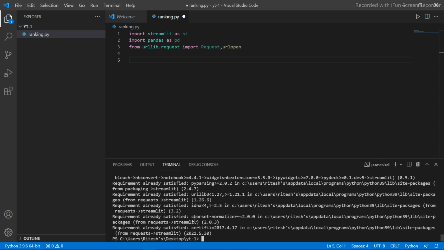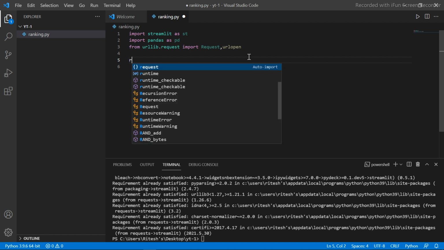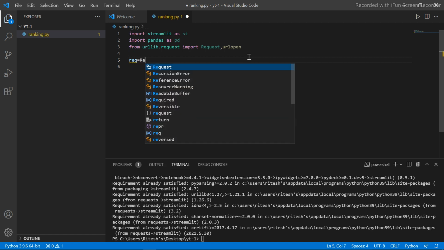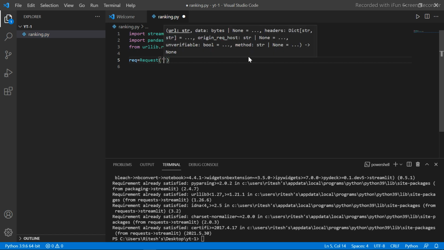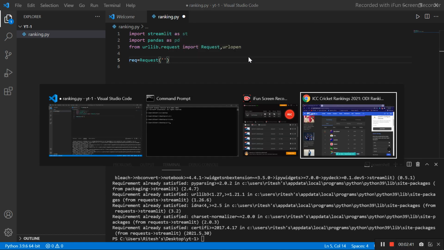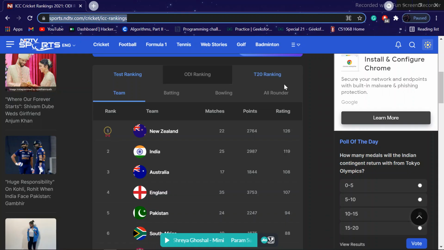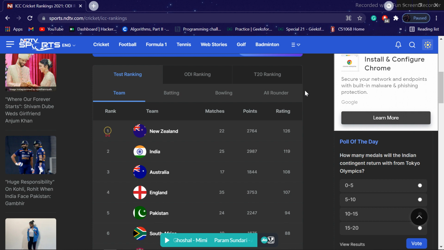Now we have to scrape the data. Firstly we have to make the request for it. Here we have to give the URL of the site from which we have to scrape the data. So let's move to the site. This is the site from which I'm going to scrape the data.